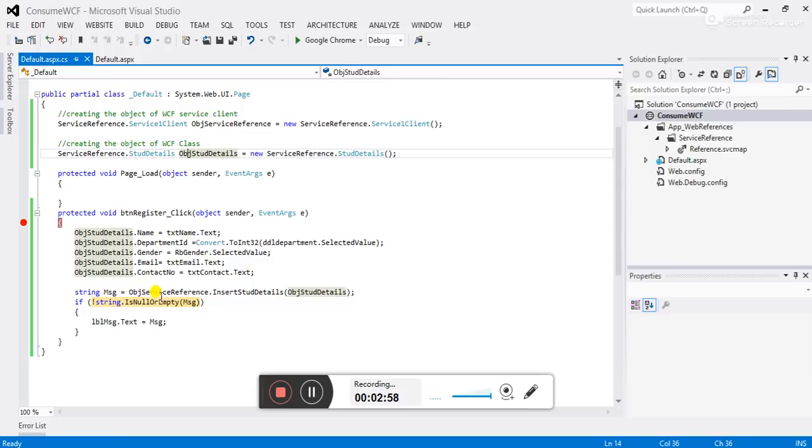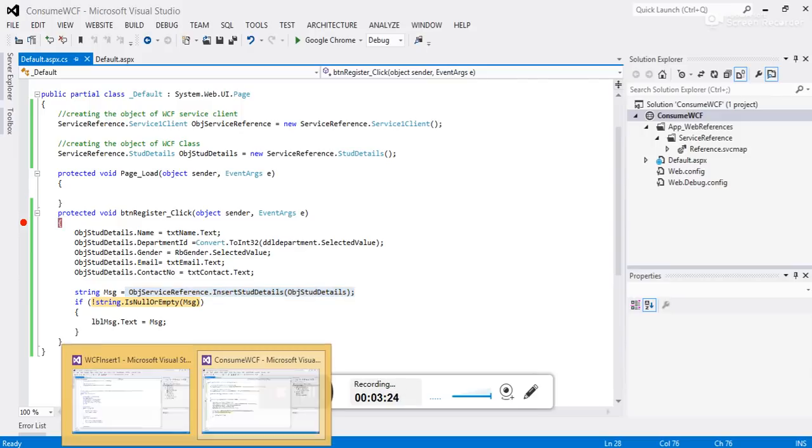Now I want to access my insert function, which I can access with the help of this service object. I have assigned some required details, and I am passing this object to my insert function, because this insert function accepts this object, and returns a string after completion of its insert operation.